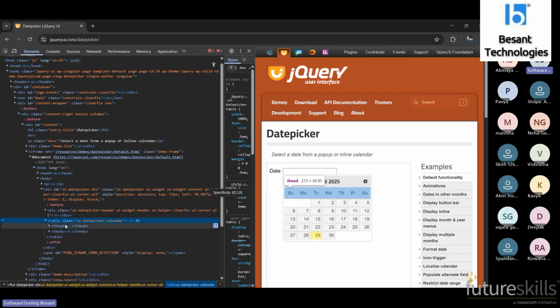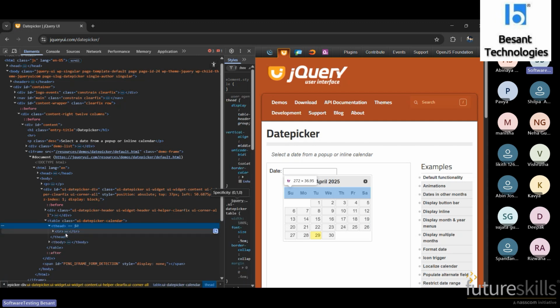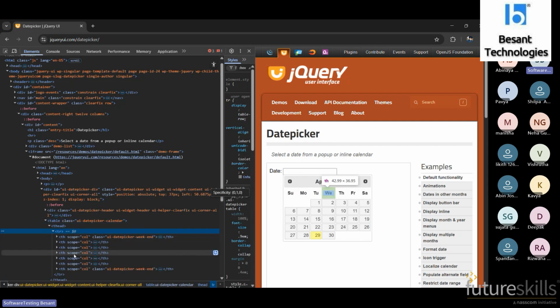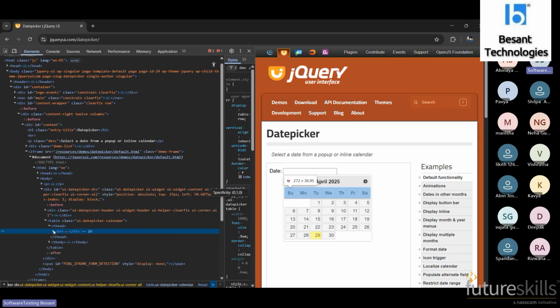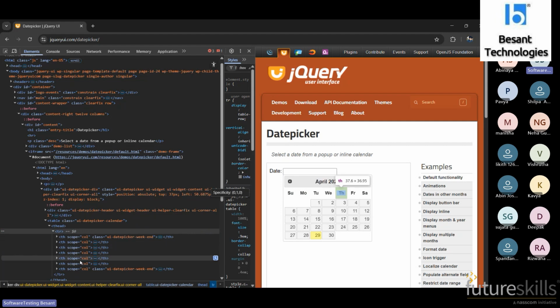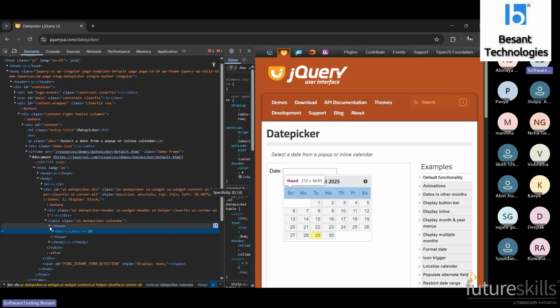In the header, we have the TH. It is like a row and it has all the TH. But yesterday, how was the static table? It was a body, and inside the body there was a row and it was a header. That is not the expectation. That was not a correct code implementation because header has some meaning, body has some meaning. It should be developed according to that. We cannot raise a bug, but for your information, I'm saying. So these are the headers. We are not doing anything over here, so we are skipping this header.